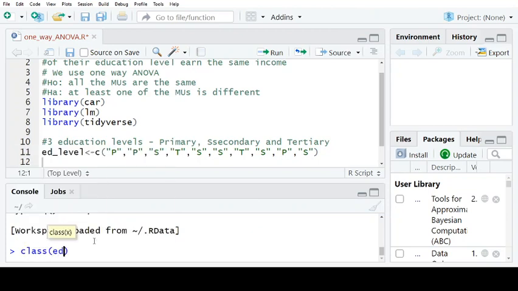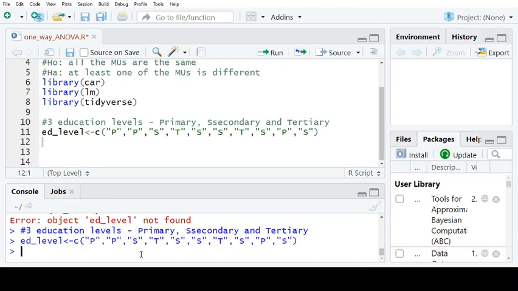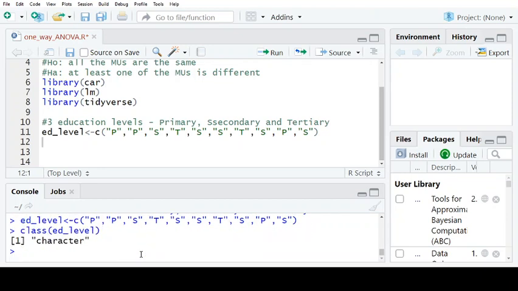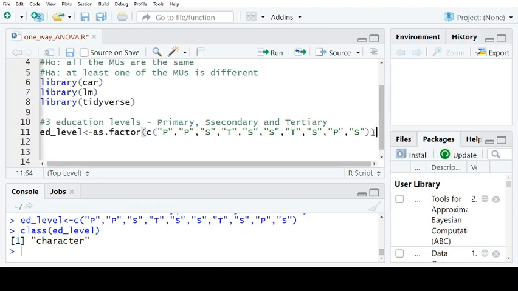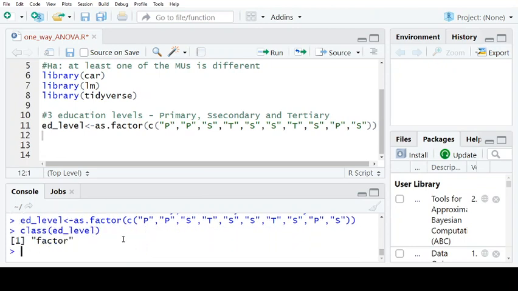I can get the class of ED level. Oh sorry, the first thing is then we do the build, and then I come down and check the class, and it says it's a character. So I want this to be factors because I need 3 factors for me to be able to use the analysis of variance test, the one way. So if I have that, now if I test again, I can see now I have them as factors, which is what I needed. The next thing I need is income